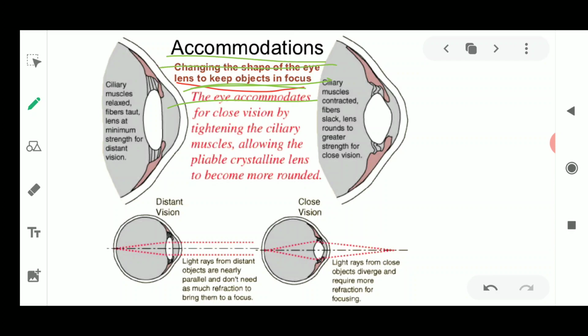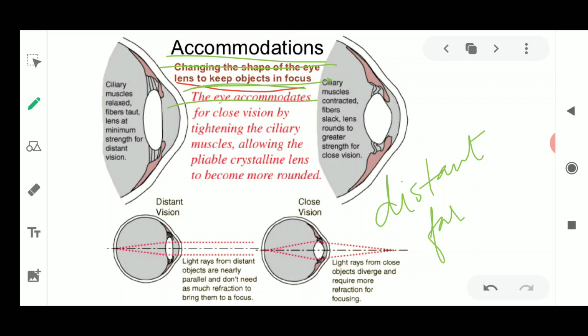Now this power of accommodation means that a normal eye can see the distant object as well as the nearby object. So we can see both objects very clearly. You can focus on each and every object, whether it is high up in the sky, like a bird flying, or if you are reading your book or watching this video, which is very close to your eye. This is happening because of the power of the lens, called accommodation.